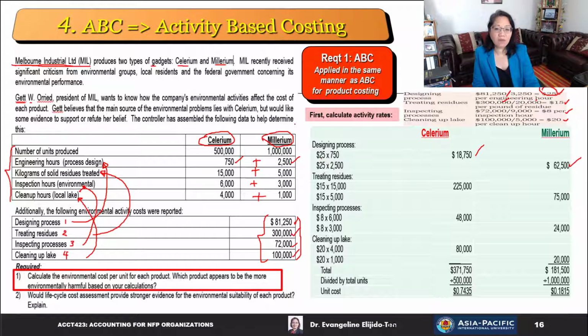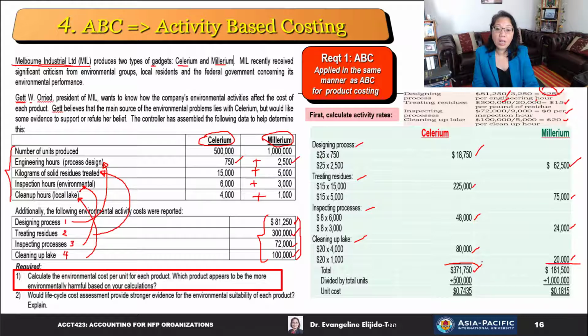So we'll do the same for the other 3 activities: treating residues, inspecting processes, as well as cleaning up lake. So once you have already calculated the allocated environmental cost for both Celerium and Millennium, you just total that up, and you've got the total environmental cost for Celerium of